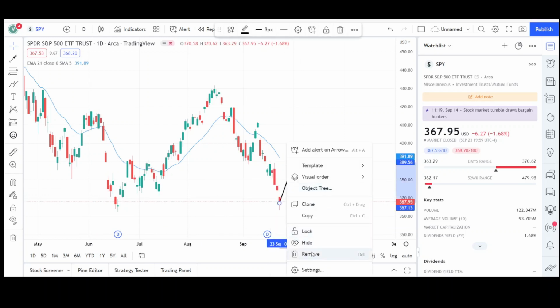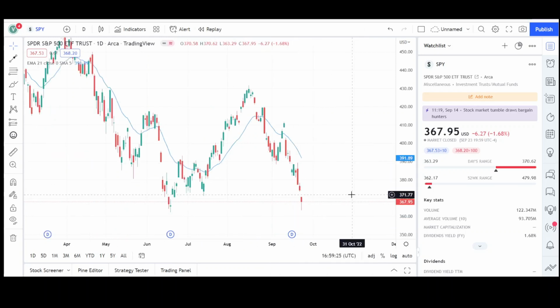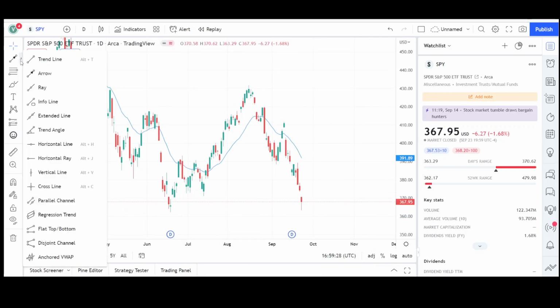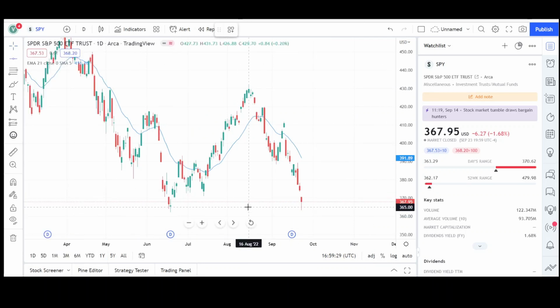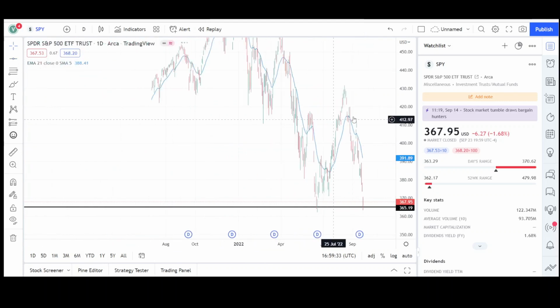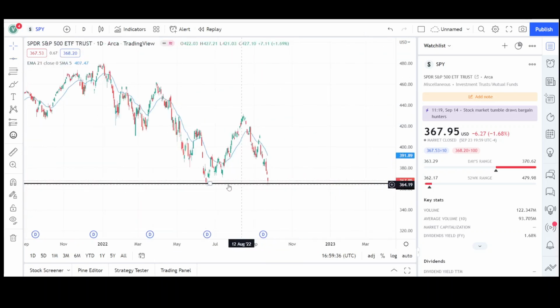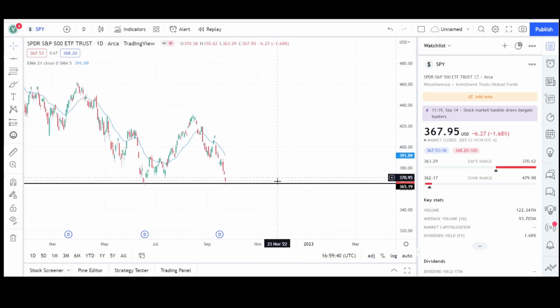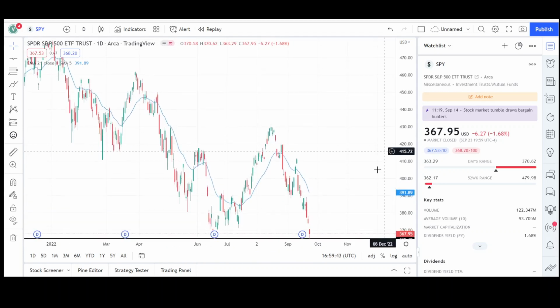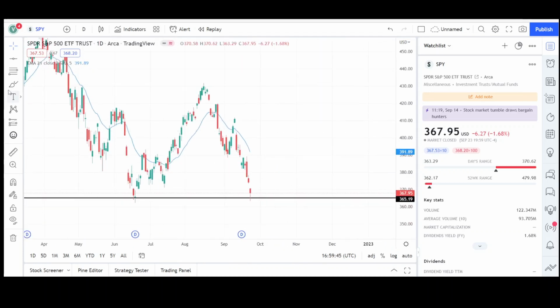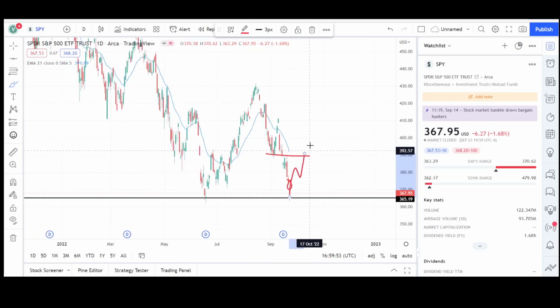We can stay overextended from the EMA, but I'm expecting a bounce from here because it does look like a potential double bottom on a bigger picture. If I zoom out, you can see that prices tested this level back here in June the first time. We got a large bounce up, and now prices are back at the same level. So we should get at least a minor bounce up. It does make sense to go up this week, fill in the gap right here, and maybe even test this breakout again. Me personally, I'm expecting higher prices in the short term,